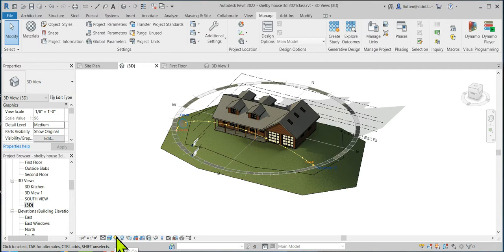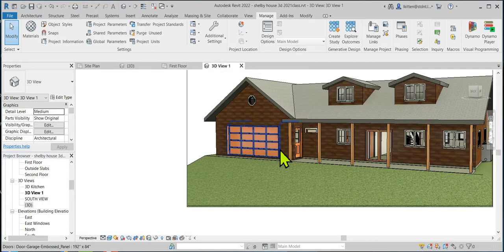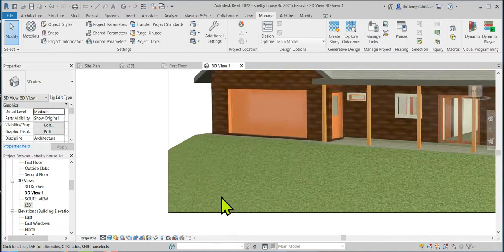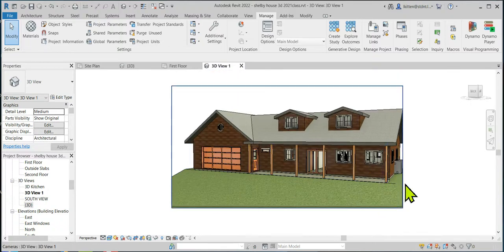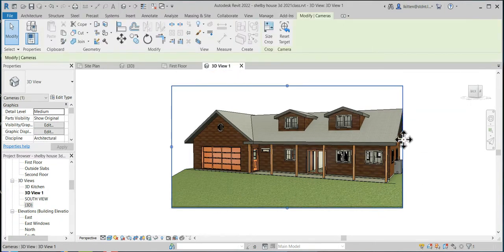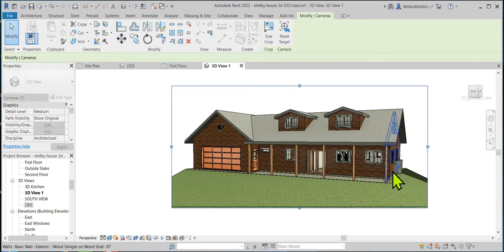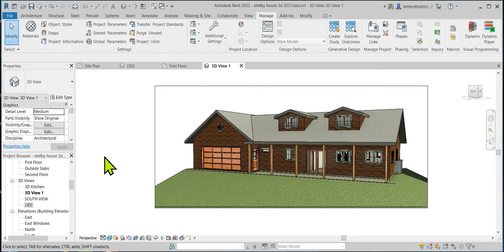Okay, so the next thing it wants us to do there is basically put a couple trees in here, so we have a better view for our other one. So go over there where your 3D view 1 is, pick your 3D view 1, figure out where that's at, and put a tree so it'll come into that image. Now, you can always adjust this if it doesn't fit just by picking on the border and changing the crop, right? So I'm going to put one over here to the right a little bit and maybe one to the left a little bit so a couple trees show up, okay? So I'm going to go back to my first floor,